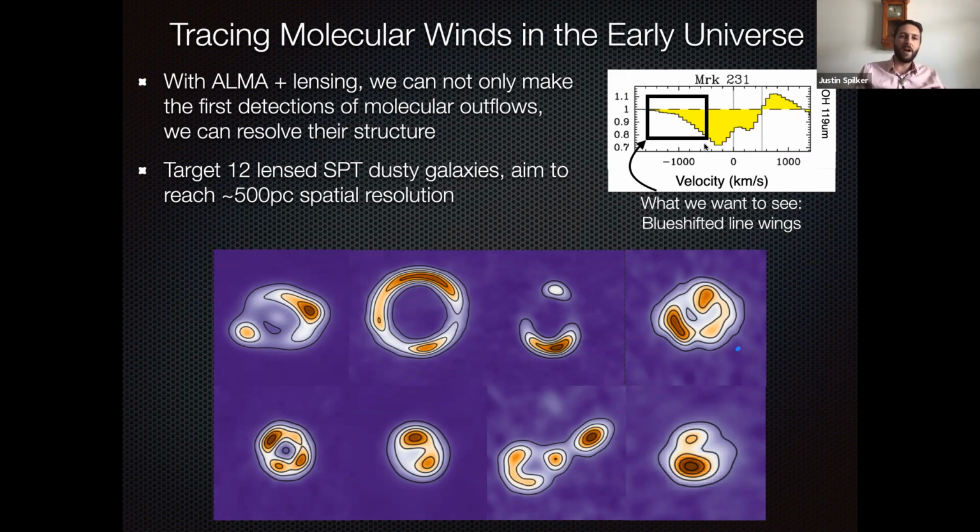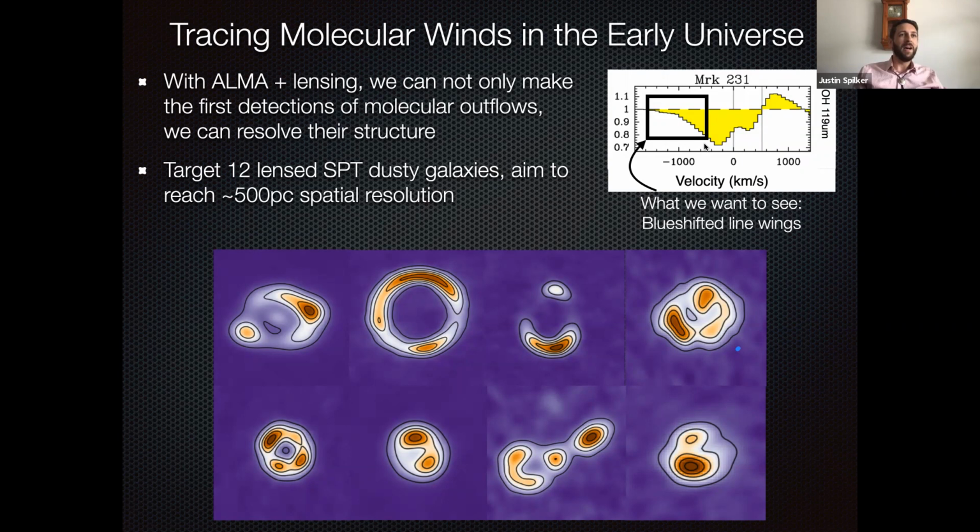And so I've been working on a survey to basically put together a sample of about 12 of these high redshift galaxies, redshift 4 and above, trying to spatially resolve the molecular outflows in this sample. We can spatially resolve these because it's actually so easy with ALMA to detect outflows this way that if I just wanted to detect them, it would take about 2 minutes on source. And it seems pointless to spend 20 minutes of calibration in order to take 2 minutes of science data.